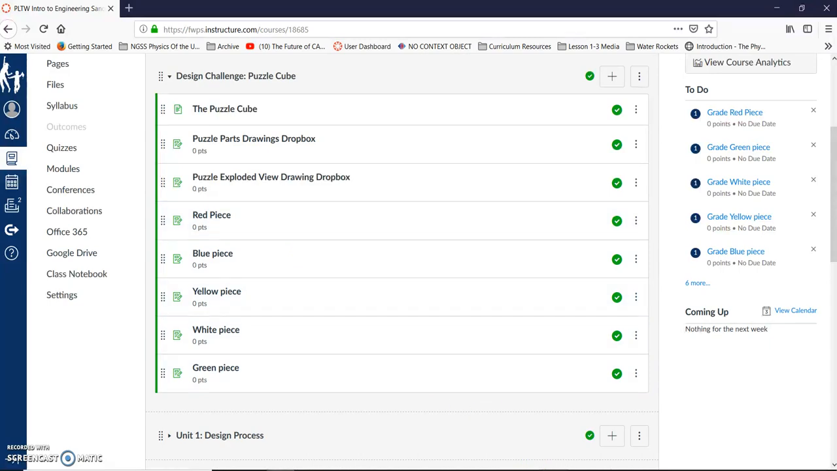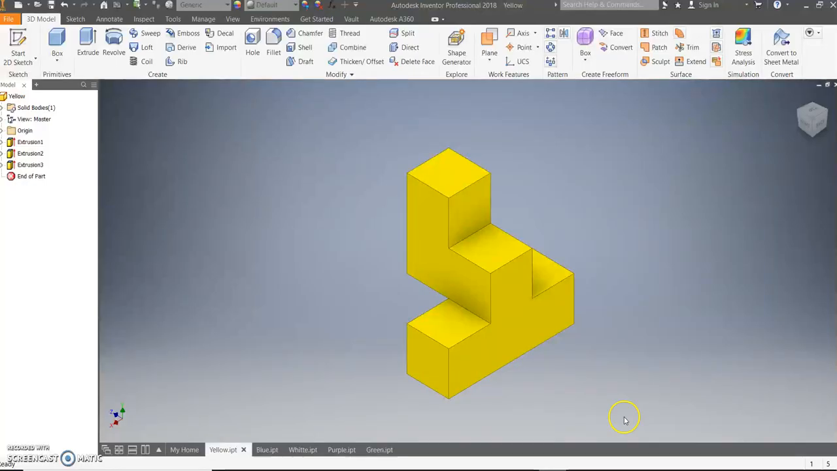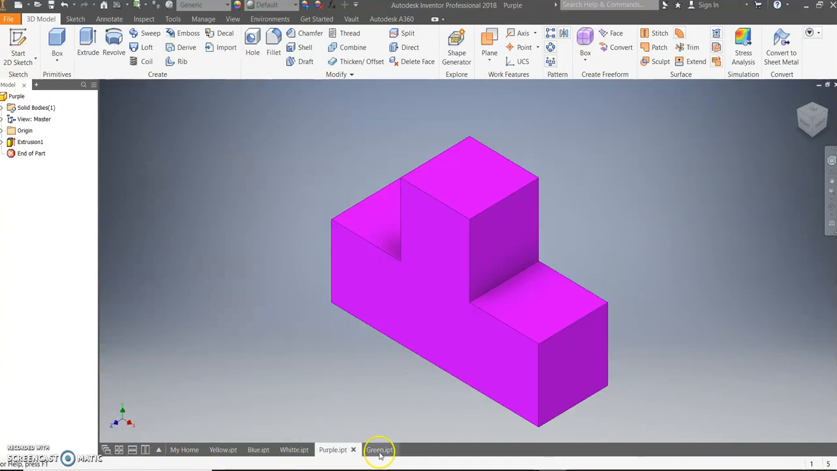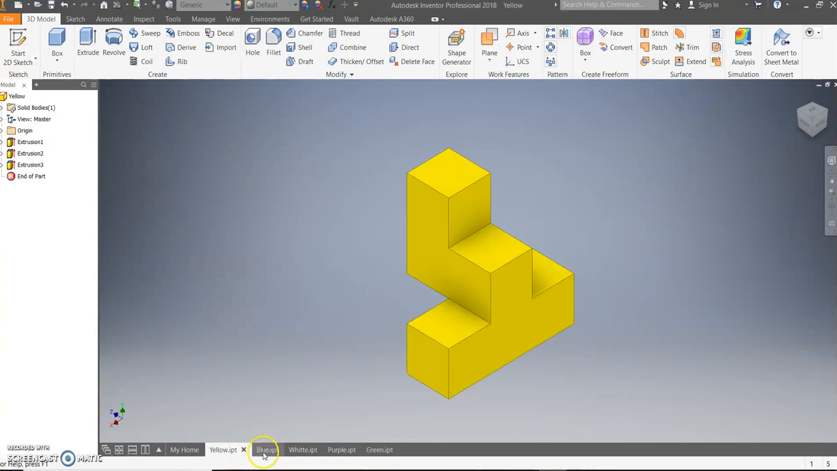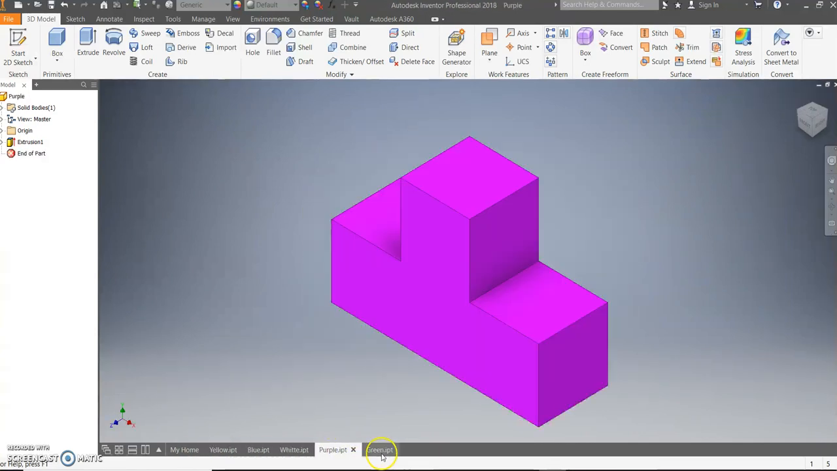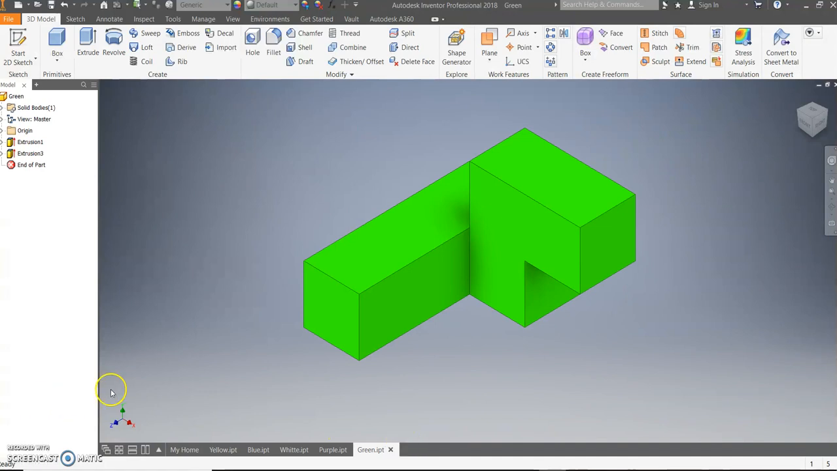Okay, so the process. We're going to open Inventor. As you can see, I have my puzzle pieces open. You can do this one at a time, or you can open up all your puzzle pieces, but you'll have to go through all 5. Once you have your puzzle piece open, your part file,